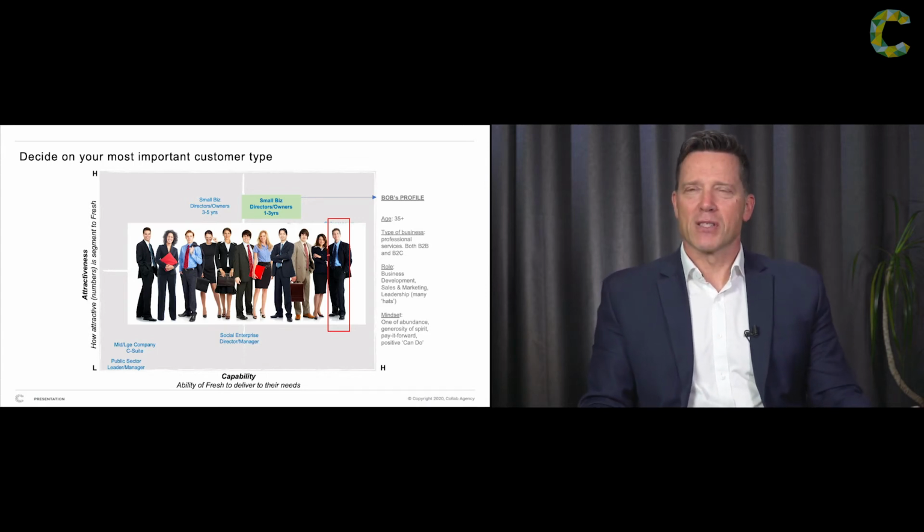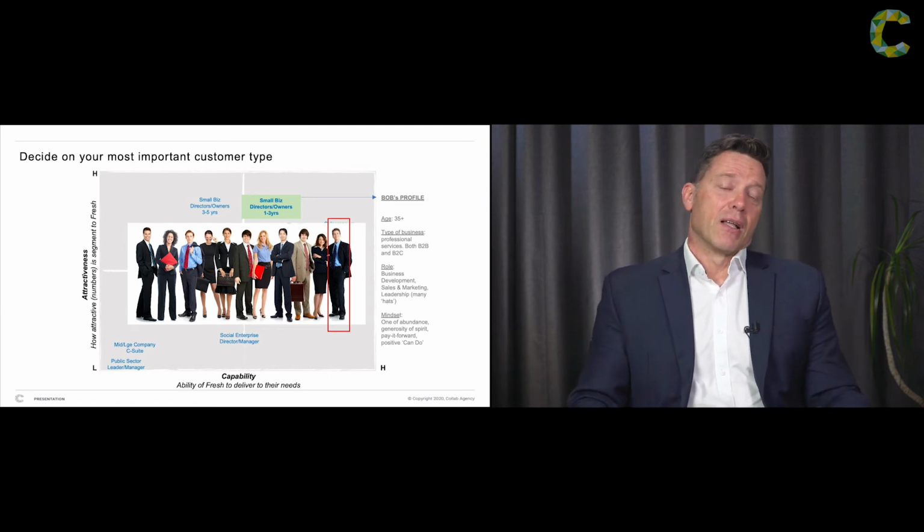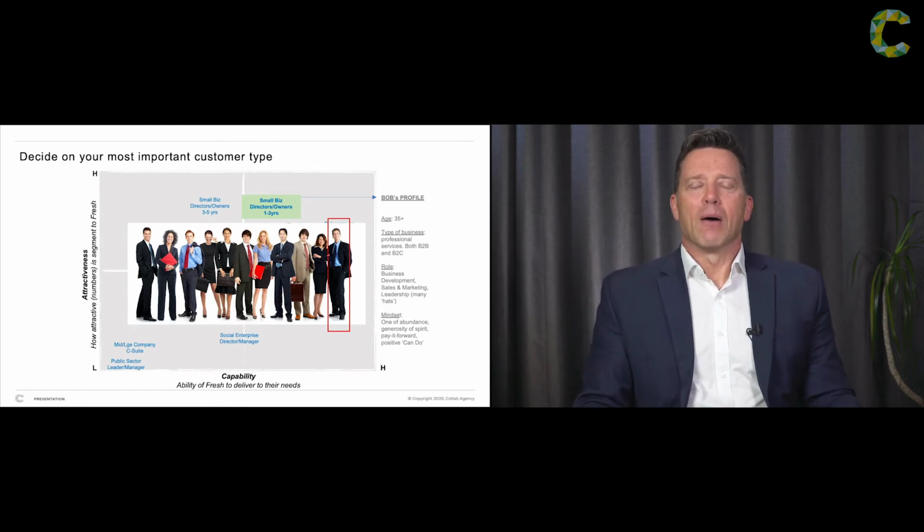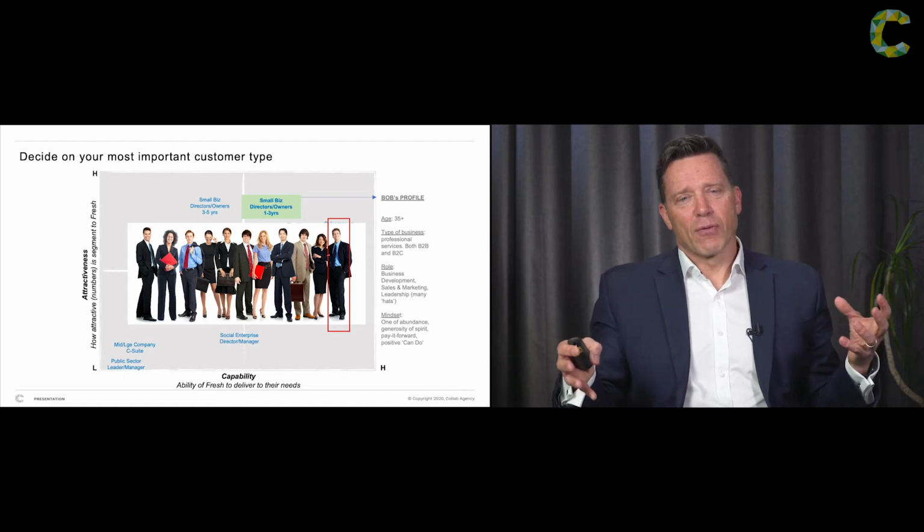In Bob the business owner, you can see down the right-hand side, there's the demographics, the psychographics, and the attitudinal things that make Bob up. So Bob was a small business owner, a can-do kind of guy. He actually wanted to make a difference. He was a more generous and giving kind of person. He wasn't mean-spirited, he was a generous spirit. And that's